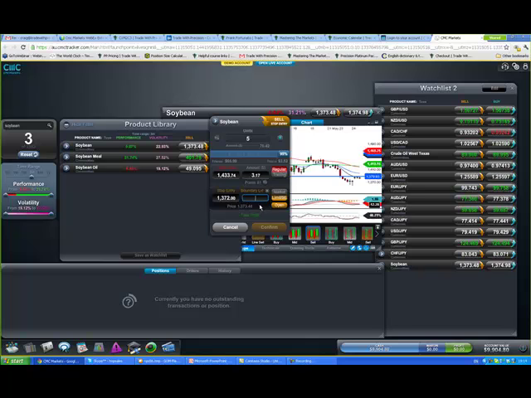What I can do to avoid that is this. I can type in where I want to get filled. So if it gaps to 1371, that's okay, I'll take that. If it gaps to 1370, I'll take that. But anything beyond this price here, I don't want to be filled in the trade, and they won't fill me. So that's a fantastic feature there. I really like that. So that's that one. We're going to hit enter there. Every time you do anything, just hit the return key, and it takes you to the next step.